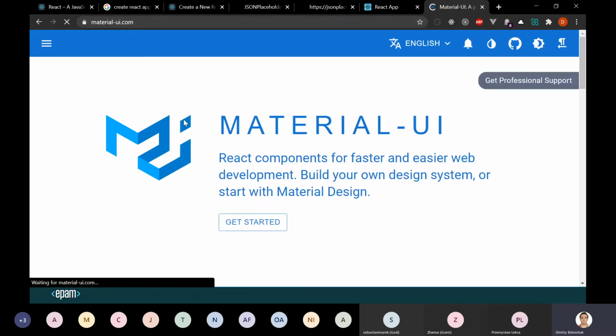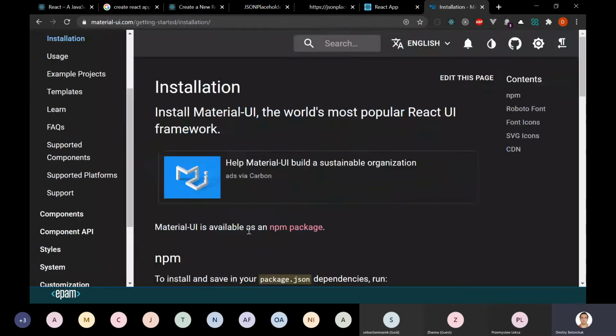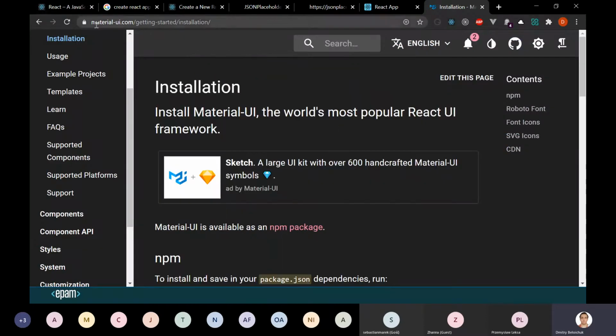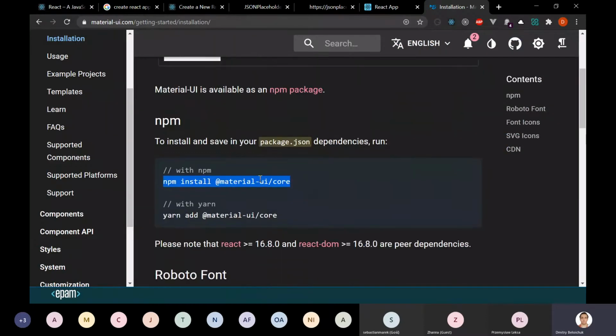And to install such a library or any other library for styling, if you don't really want to spend time on the styling itself, you can just Google one of those libraries, Material UI, and get to the getting started section. So I'm going to install Material UI core